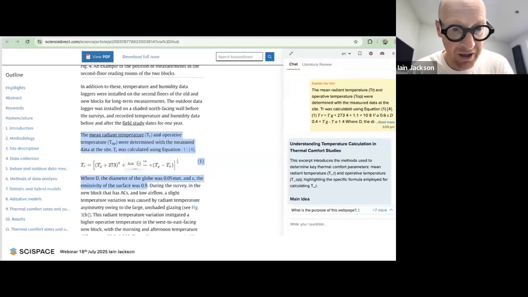The other areas that I think SciSpace is fantastic at is to integrate it into your web browser. So we're leaving SciSpace here, and we're just using a normal Chrome browser, and I've used the plugin. And you can see here I've just started to test a paper we did on building physics on thermal comfort. And there's some equations in this paper which are quite complicated, or certainly for me.